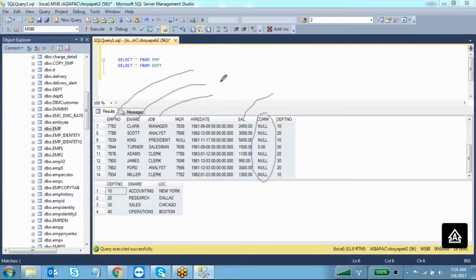We can't do that, right? Because we can restrict a person at the table level, not at the column level. We can give permissions to a person at the table level. For example, I can give permissions to the EMP table. I can give permissions to the EMP1 table. I can't give permissions at the column level. Because sometimes if you want to give access only to employee number, employee name, job, and salary, I don't want to show the commission for each employee.